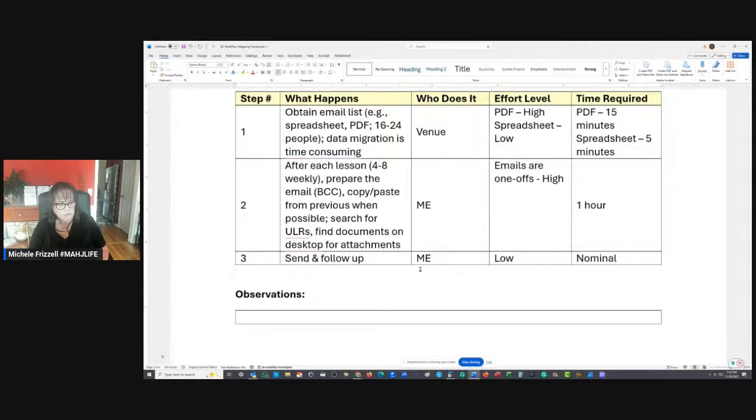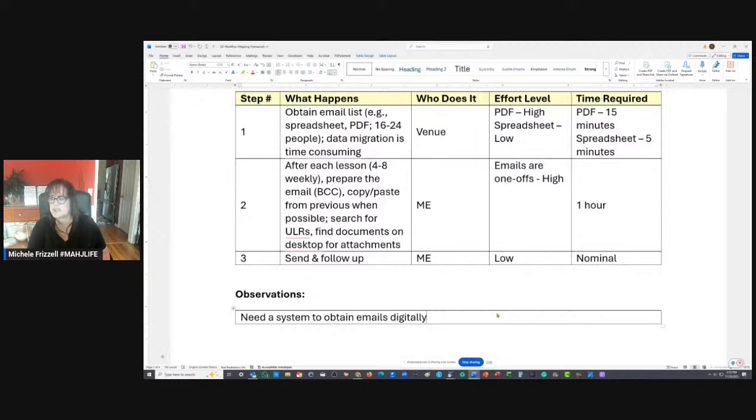Okay, I'm not sure if you're there, but what I see here is that you need a system to get emails, because what are my observations? Okay, need a system to obtain emails digitally. This should be doable nowadays. There should be no reason for someone to send you a PDF of emails.